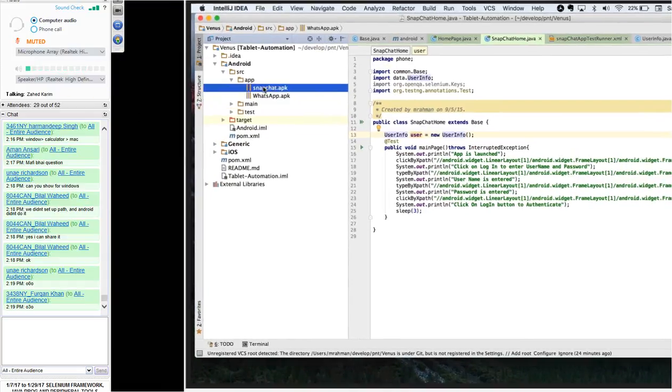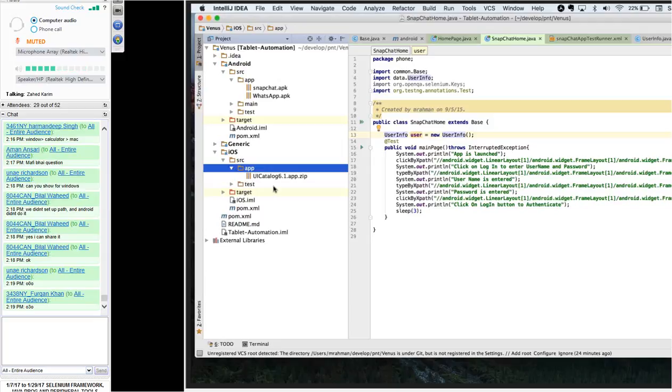So this is how we are pointing from Appium to this repository, the source and the app, and we are pointing to this APK. For iOS, we also have it the same way. Under iOS source, under app, we have the iOS app called uicatalog.app.zip. So once you point this